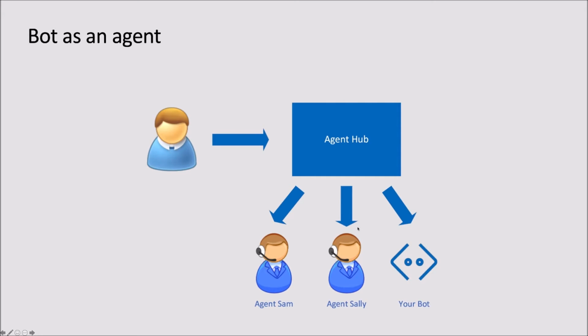Microsoft Bot Framework supports two models for integration with agent engagement platforms. In the first model, known as Bot as an Agent, the bot joins the ranks of the live agents connected to the Agent Hub and responds to user requests as if the requests came from any other Bot Framework channel. The conversation between the user and the bot can be escalated to a human agent, at which point the bot disengages from the active conversation. The main advantage of this model is in its simplicity. An existing bot can be onboarded to the Agent Hub with minimal effort, with all of the complexity of message routing taken care of by the Agent Hub.